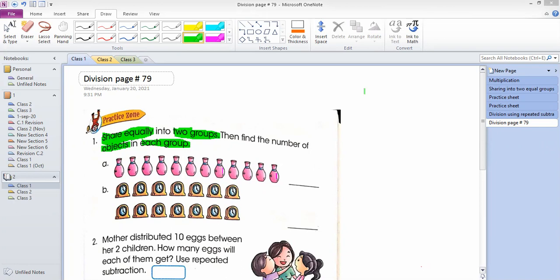Okay, how do you know that? How did you solve it? How did you find out the answer? I counted. You shared into equal groups, one by one? Yes. Okay, that's very good. All right, Suleiman is saying 6. I don't know if his answer is right or not. Now I will ask